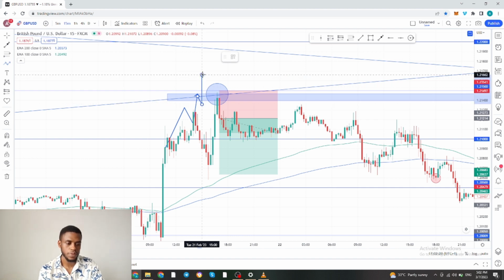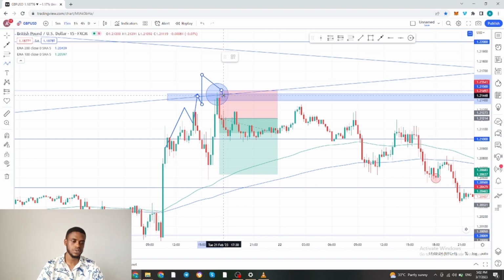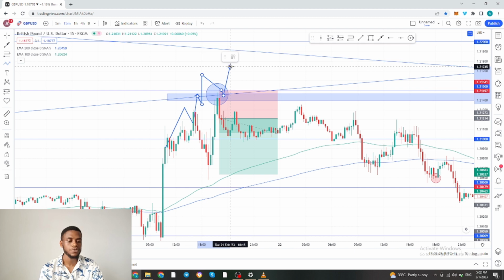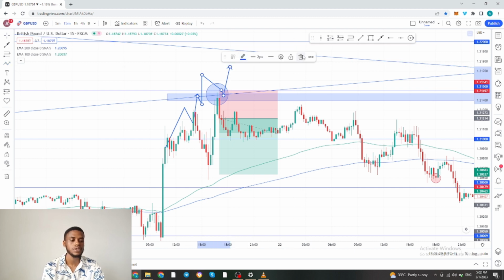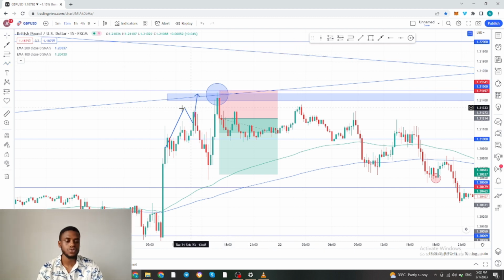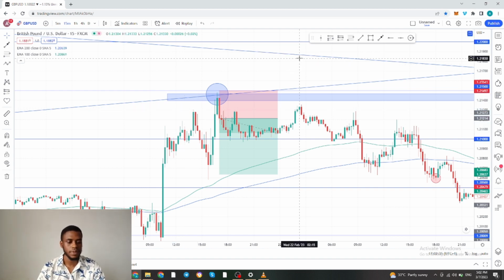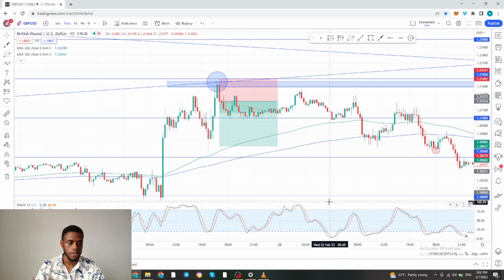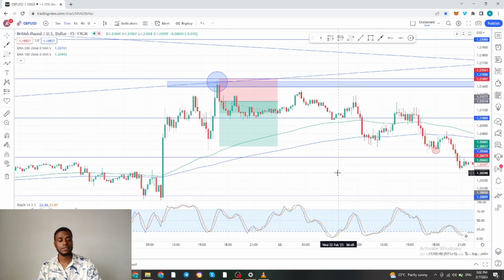Let's say we see a little drop right here. Then we see this. I won't be getting ready to sell right there. No. I'll wait for price to retest, then I can buy. So learn how to read price action, learn how to read the market, know what the market is telling you. That's the only way you can be successful as a beginner trader. Devote time into learning price action. Backtest, that's the best thing you can do as a forex trader. Backtest your strategy,